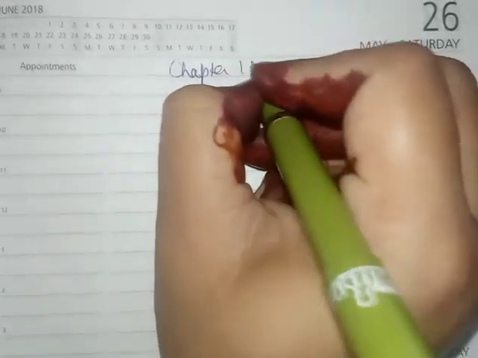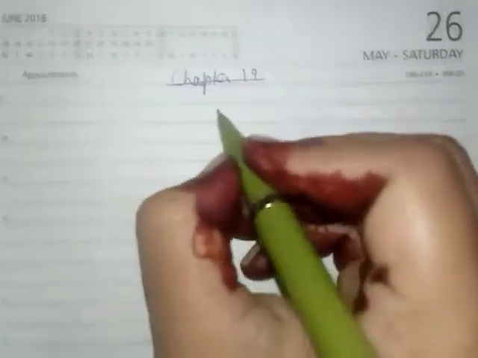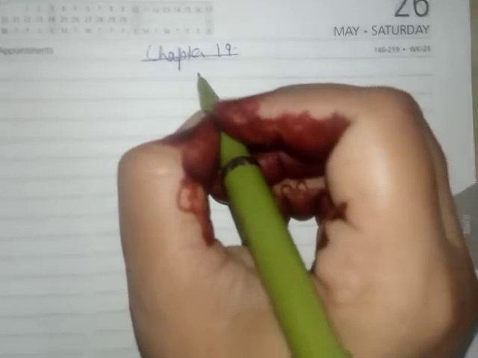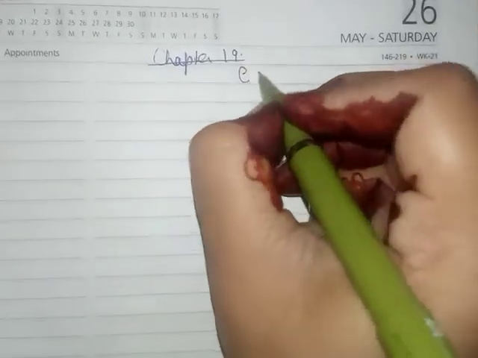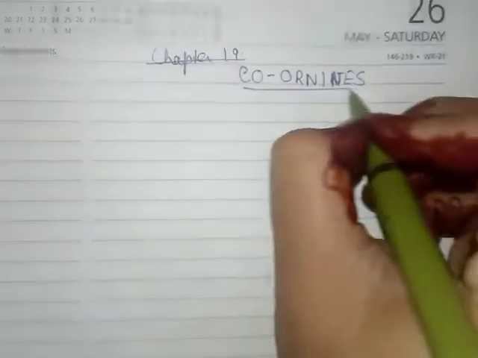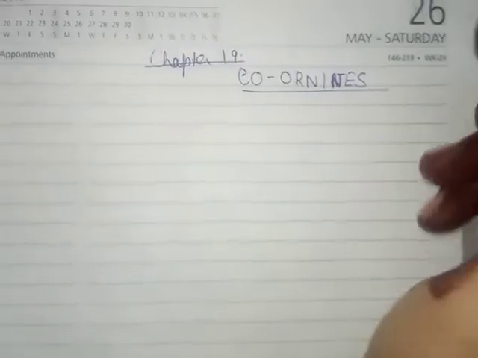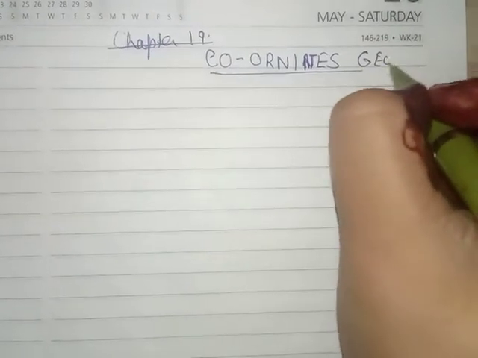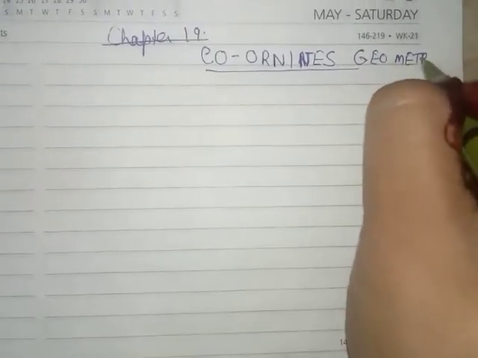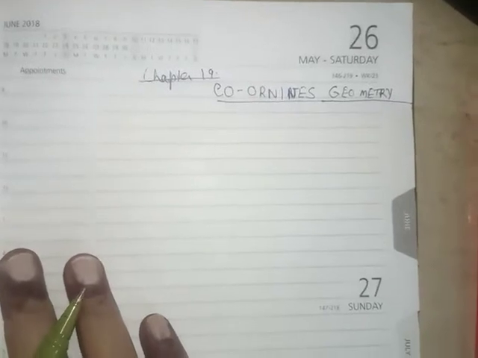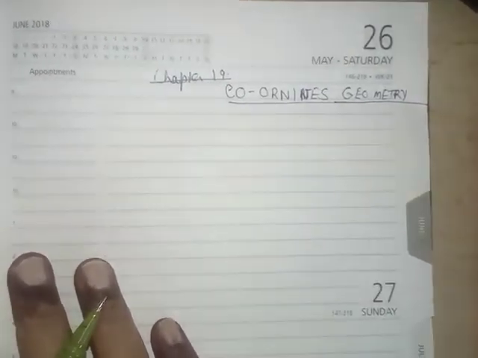You must have heard the name of coordinates. Sometimes when you did the chapter on linear equations, you must have heard the name of coordinates. If not, then also I am explaining it again from the starting. This is coordinates. It is known as coordinate geometry. In coordinate geometry, we used to point out the points lying in between two planes.